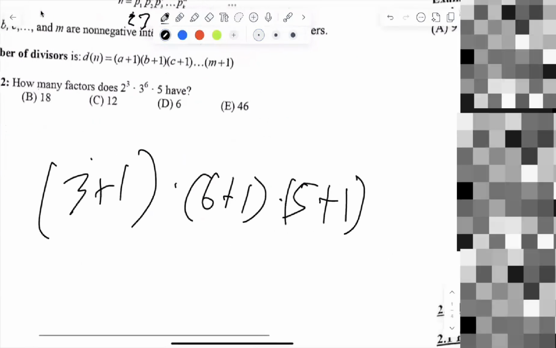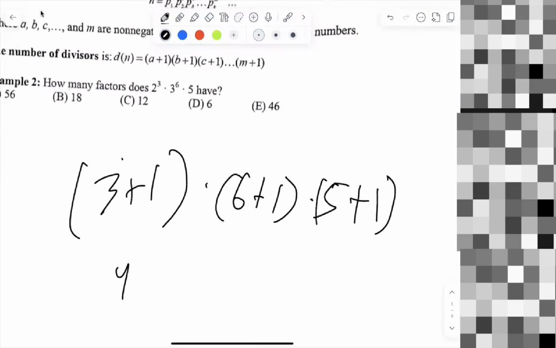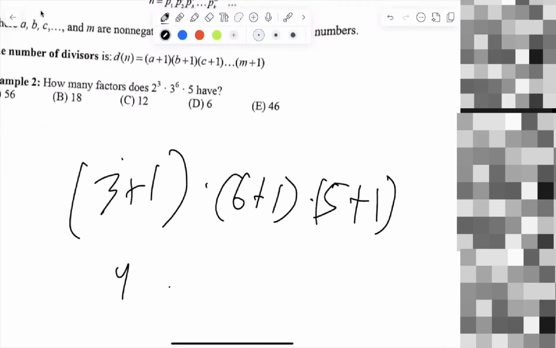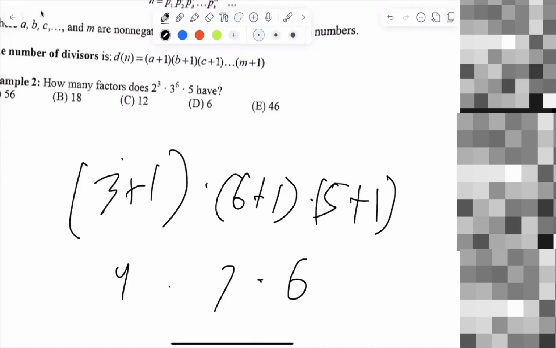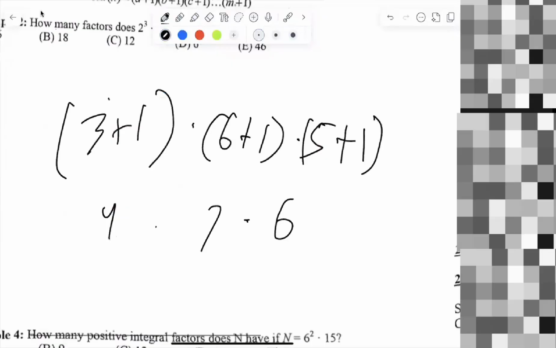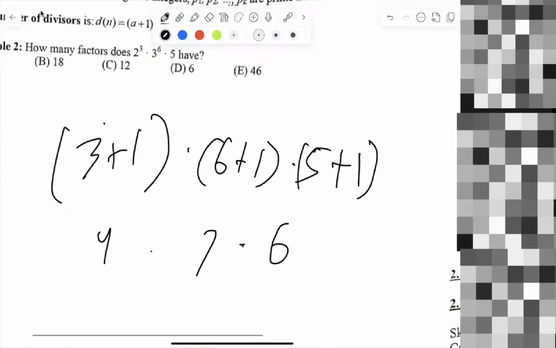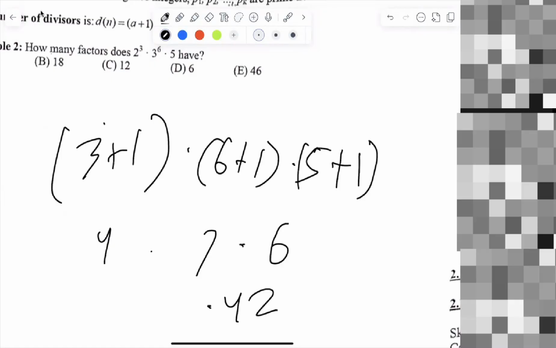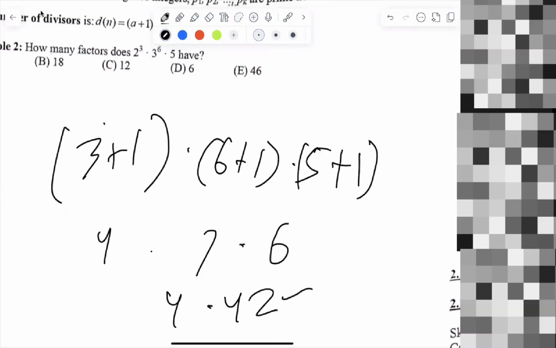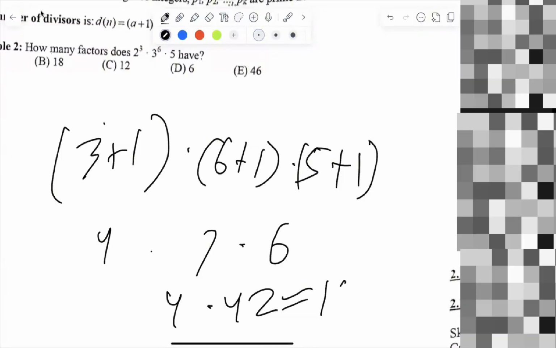From here, just doing the addition gives you 4 times 7 times 6. First we can multiply the 6 times 7, and you get 42, times 4 gives you 168,